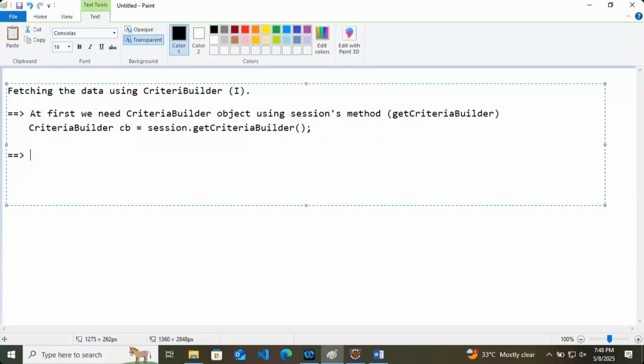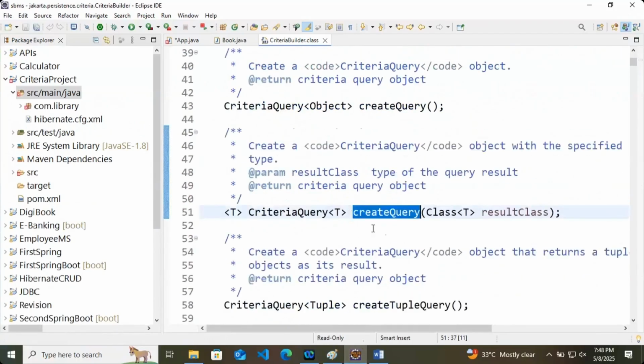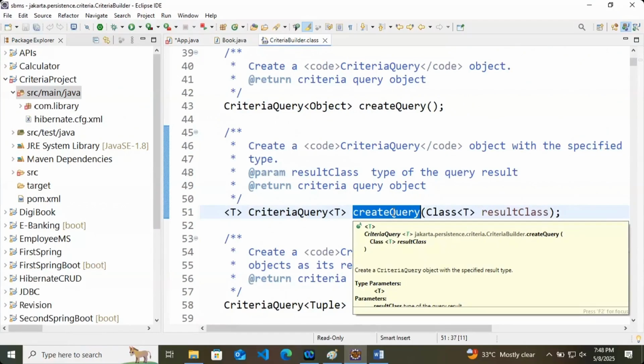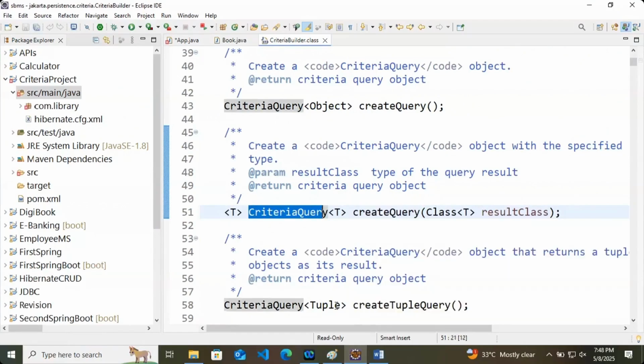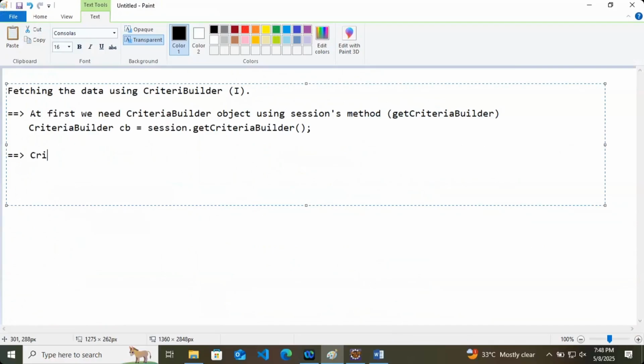So this criteria builder is giving us one method, that is create query. And what is the return type of this create query? Criteria query. So the criteria builder has one method and that method is called create query, whose return type is criteria query.